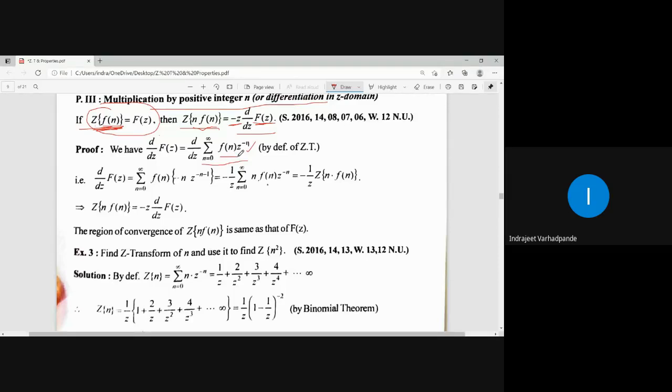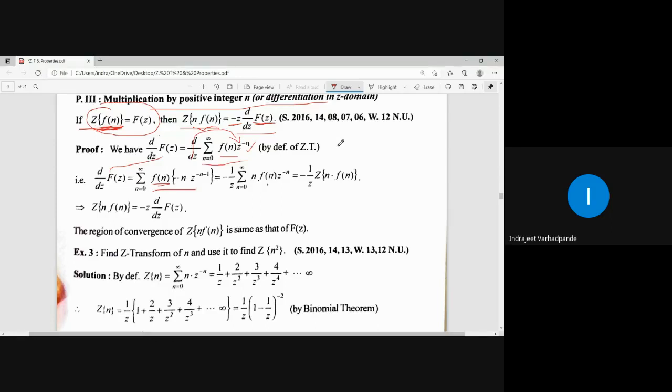Differentiation or the derivative directly नहीं आएगा unless and until you differentiate. Now LHS को as it is रखो, go in the RHS. This differentiation will go inside. अभी z के साथ differentiate होगा तो f of n constant है. What is the derivative of z to the power minus n?